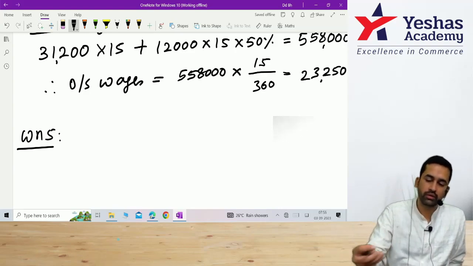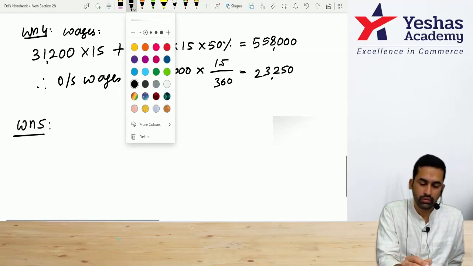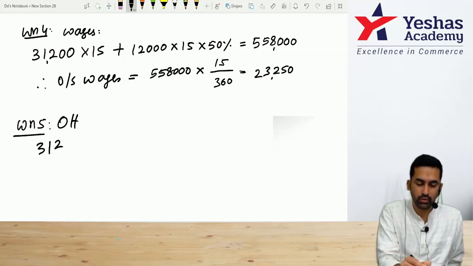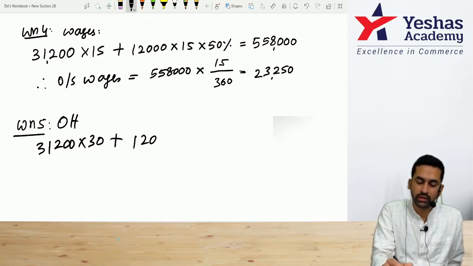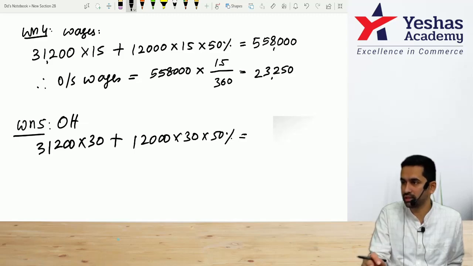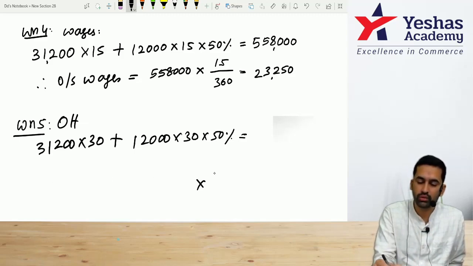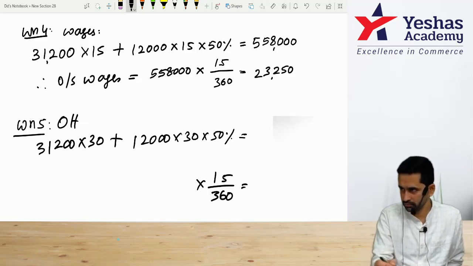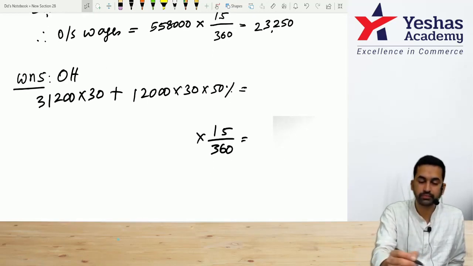Now you tell me what should be the working. No calci first, tell me. Yes sir, 31,200 into what? 30 rupees. This is for the completed components. 12,000 into 30, only half of the cost. This should give me total cash overheads during the year. Anyway, depreciation is kept out, and that into same number 15 by 360 should give me the answer. Do it now. 31,200 into 30 rupees